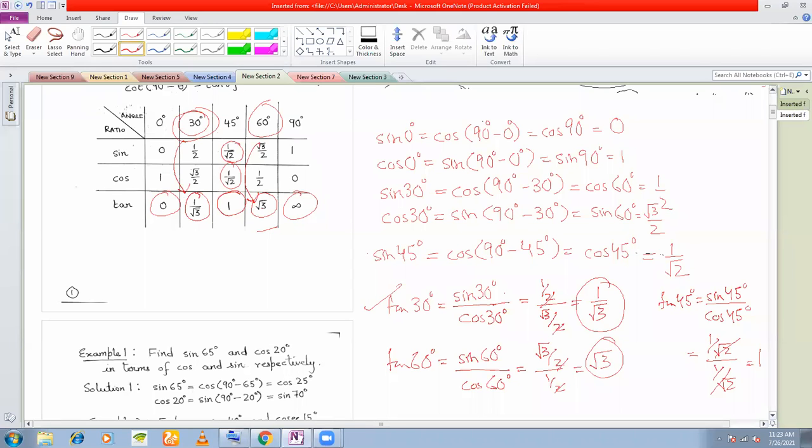So this is how you remember the tables. But values you will have to remember. Even though you remember sine 30 and cos 60 are same, you must remember what they are equal to. Both are equal to half. Even though you know that sine 60 and cos 30 are same, still you must remember what they are equal to. Both are equal to root 3 by 2. So just go through this recording a little, how to remember, and then you can come back to me tomorrow.